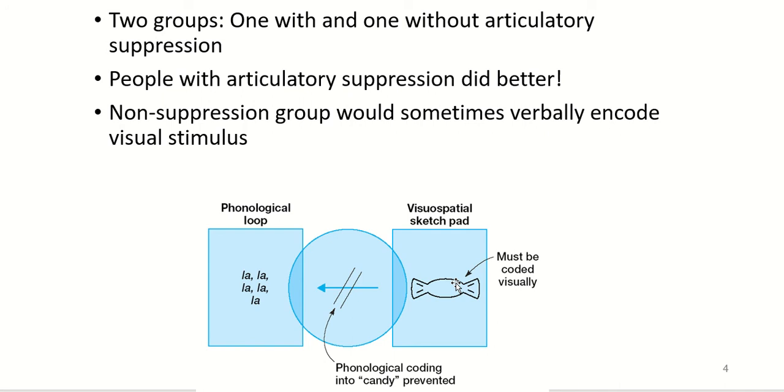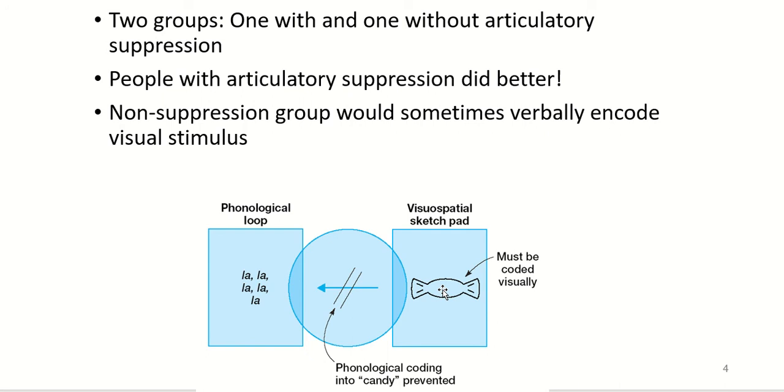So in this case, giving people a secondary task actually helped their performance because it made that people did not code this image of candy as the word candy and were then unable to perform the subtraction. So I like that study because in some ways it's confusing, but it provides very strong evidence that this phonological coding and Visuospatial Sketchpad coding is really something that happens, and that actually by separating tasks to deal with the two different components, people can actually perform better than if you kind of leave it unspecified in which way the